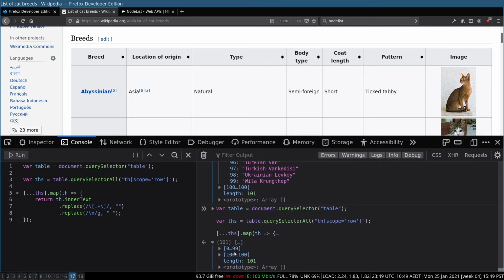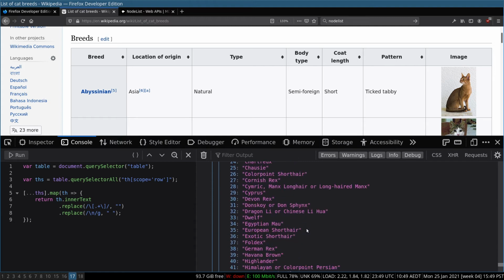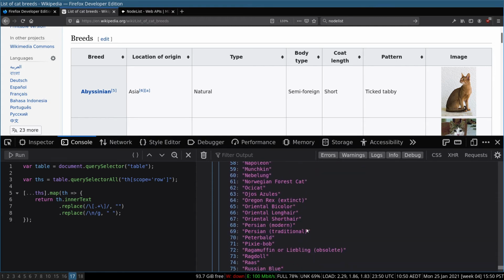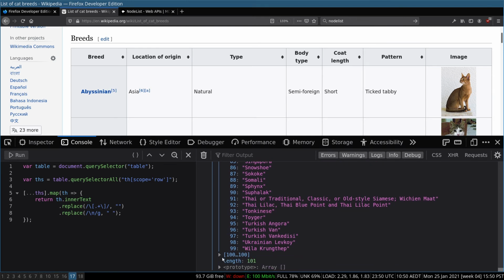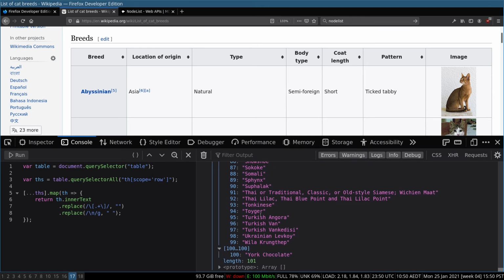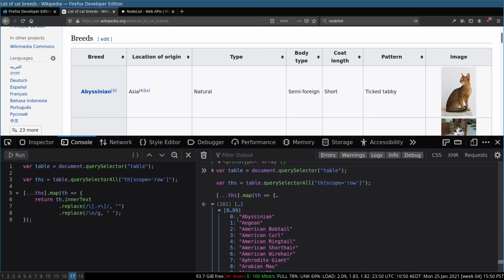And we'll skim through the output and make sure it looks okay. Everything looks good. We have 101 cat breed names. But how do we get it out of here? It's still pretty ugly. And the answer to that is